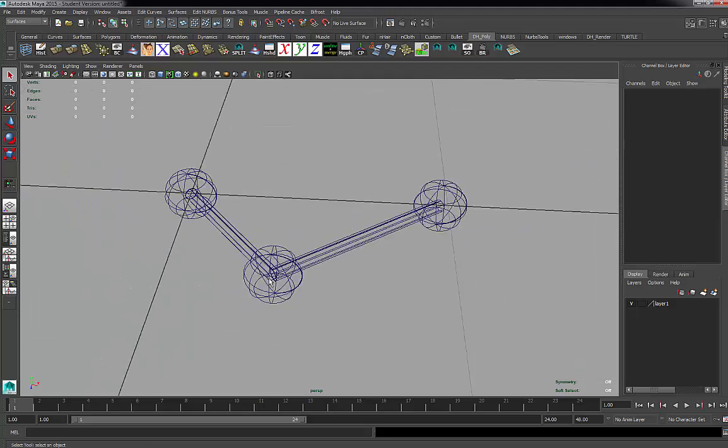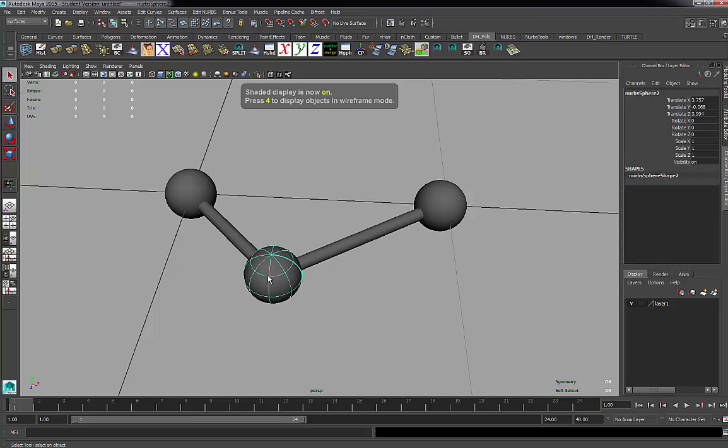Now I have three chemicals. These are constrained right to the center of each one of those, each one of these. So when I move this around,